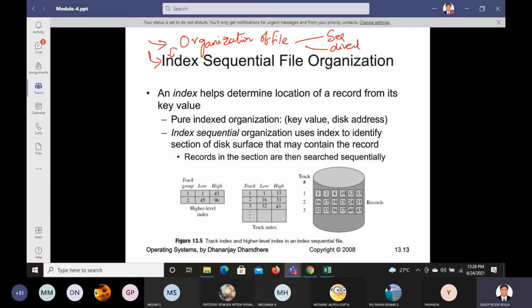What does this indexing mean? This index will always help us to determine the location. Okay, so this index part helps us in determining the location of a corresponding record based on its key value. Let us say I give an index as 18. Let us think that this 18 was there here. So this is your index. Okay, so pure index organization. If you are following purely indexing, we should have the key, the value, the disk access, all that. And if you are using index sequential organization, we should make sure that we have a disk